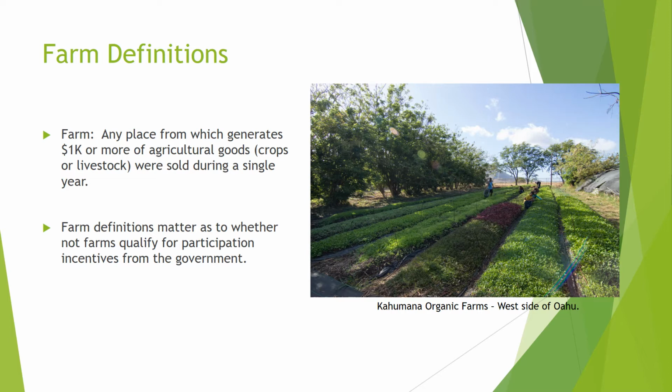Government definitions related to agriculture and farms have important and far-reaching political implications for agriculture producers. Government definitions qualify farmers for participation incentives in the Farm Bill, which we're going to be talking about later in this module, as well as assistance from the numerous USDA agencies that provide technical support to farmers. Some of these are the Risk Management Agency, which runs insurance programs, and the Farm Service Agency, which provides credit and loans and other assistance, as well as granting programs.